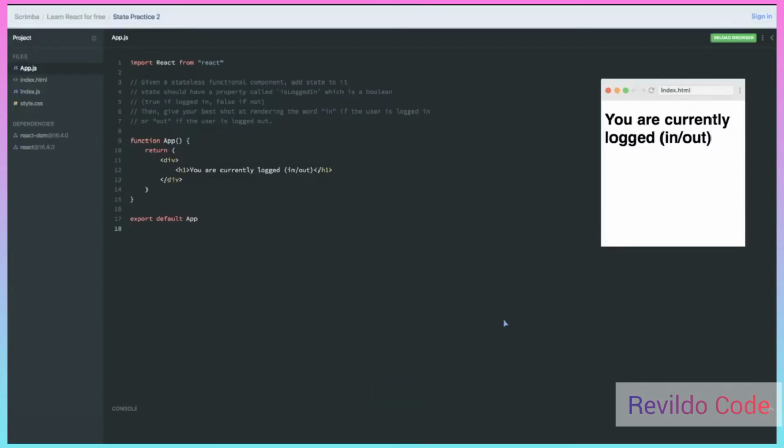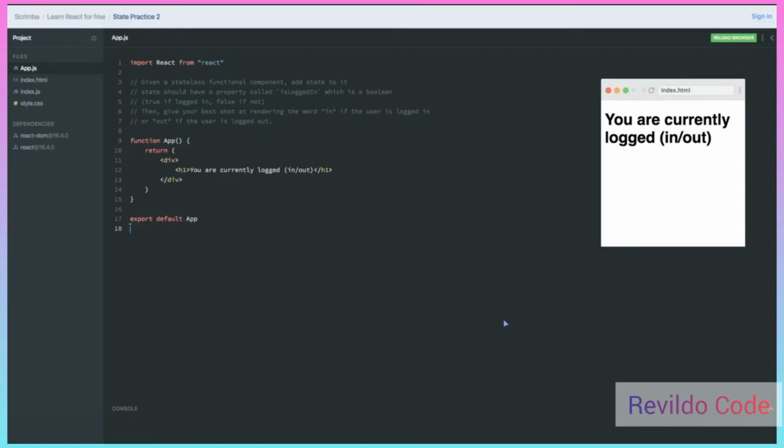Okay, so I actually decided at the last second that I wanted to add another practice in here. And this practice is going to do two things. It's going to give you the chance to practice converting a functional stateless component to a class-based component again. It's also going to give you a chance to add state to a component. And then I have kind of an additional challenge here that covers something we haven't quite talked about yet, which